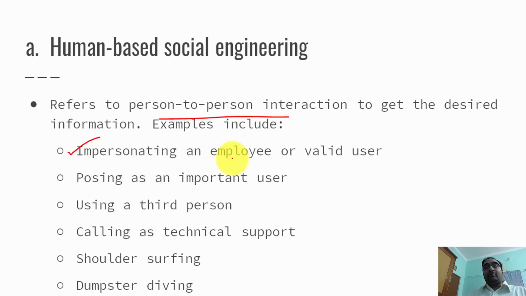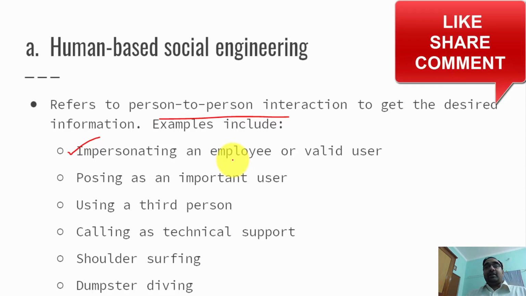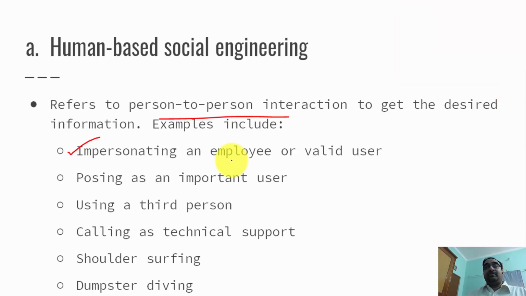We would like you to provide some information like your bank account number, your ATM card number. If the target gives those details, they will use that information in future to perform other attacks.